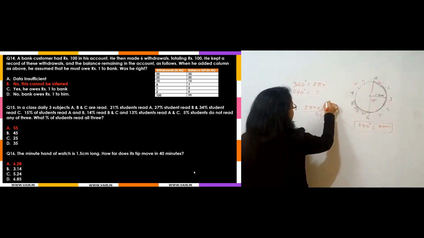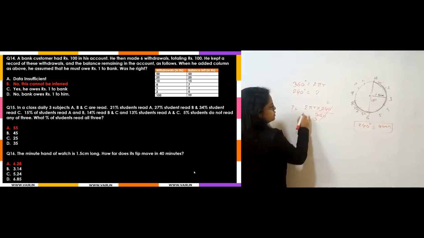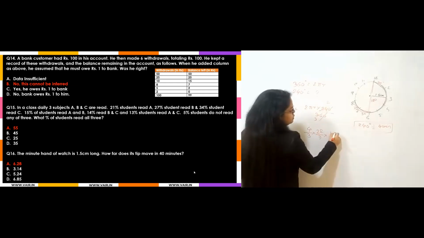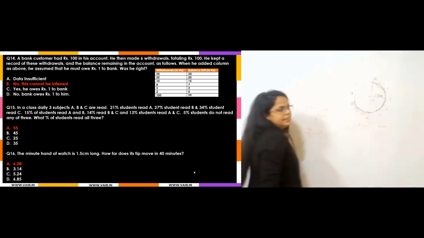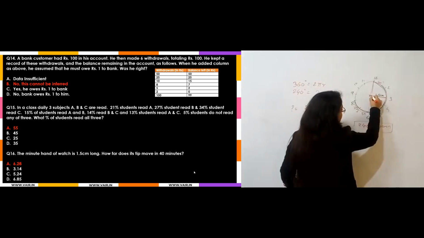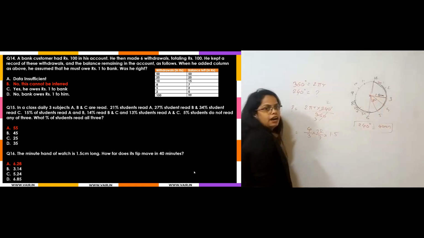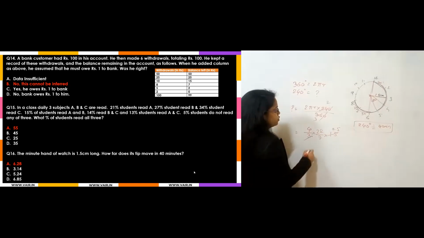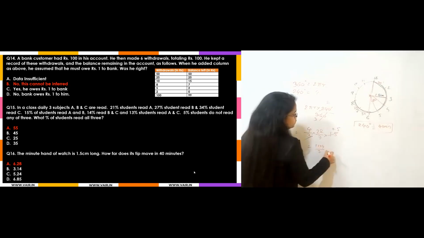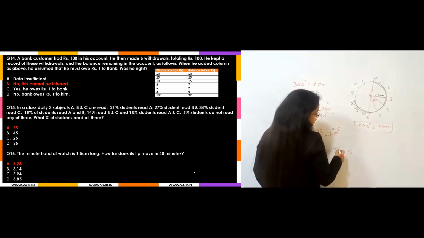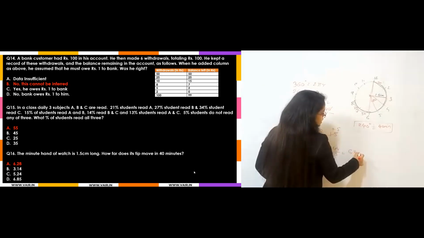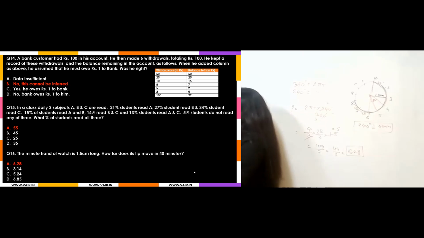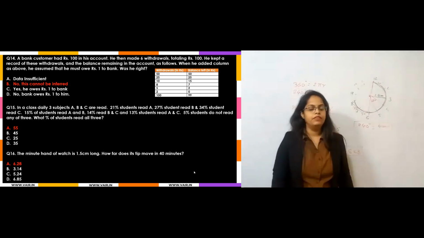You can see 0 0 cancel. 12 2s are 12, 3s are. So 2 2s are 4 by 3 into pi, which is 22 by 7, and r's value is 1.5 because this is the length of the minute hand. तो ये जो minute hand है इतना ही पूरा travel कर रहा है, which means this is the r. So what will these values be now? 3 into 0.5. 22 5s are 110. 11 into 4 divided by 7, that means 44 by 7. 7 6s are 42, there will be 2 remaining. So it is nearly equal to 6.2. That means option A will be the answer.